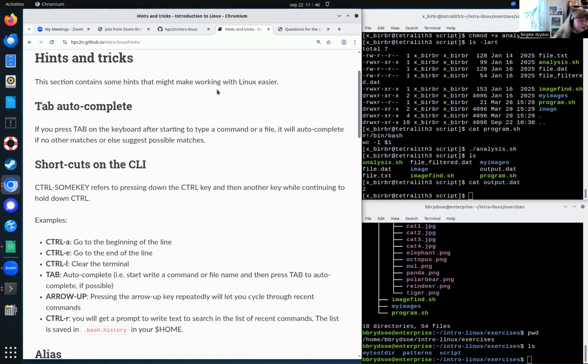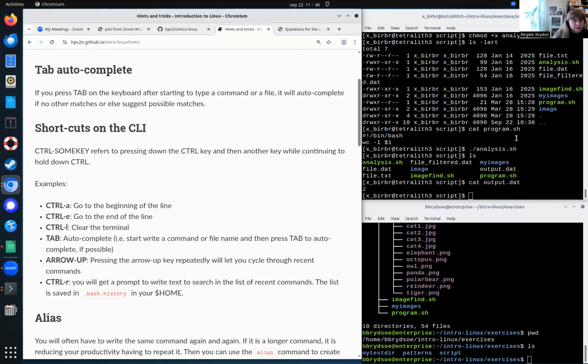So let's go to the last section, which is hints and tricks. It contains some things that might make working with Linux easier. You have already seen me using arrow up and down to scroll through commands. That is a very useful thing. Another useful thing is that if you start typing something and then press tab, it will autocomplete to match or